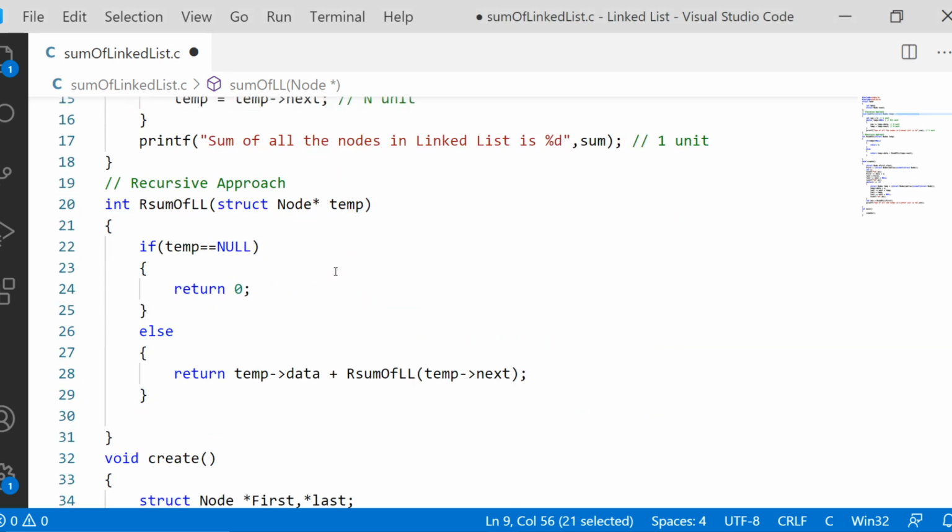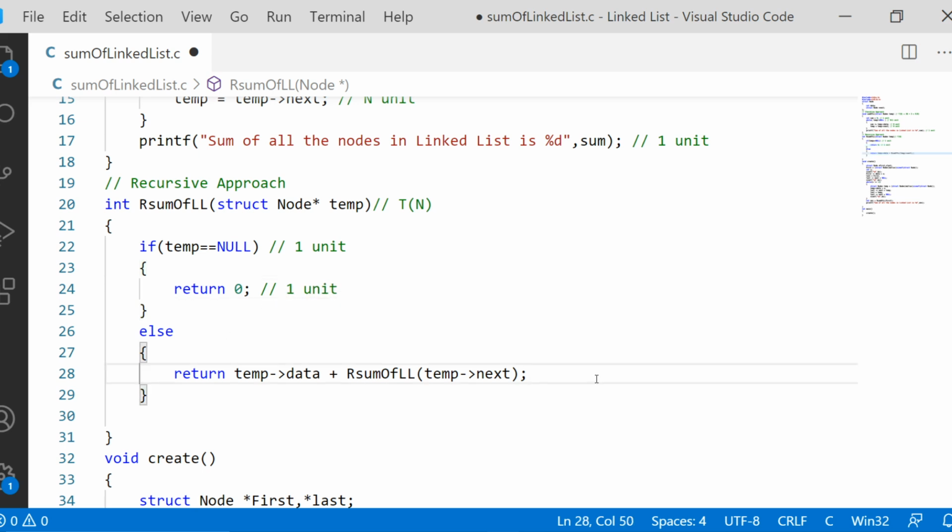So coming to the recursive approach, I always recommend that you form a recurrence relation from the recursive code and then solve the recurrence relation. You will get a polynomial equation from which you can directly take the time complexity. So define the provided recursive function as T of n time function, where n here also represents the total number of nodes available. Initially there are n nodes available. For checking this condition, it is going to be 1 unit time. For returning the 0 value, it is going to be 1 unit time.